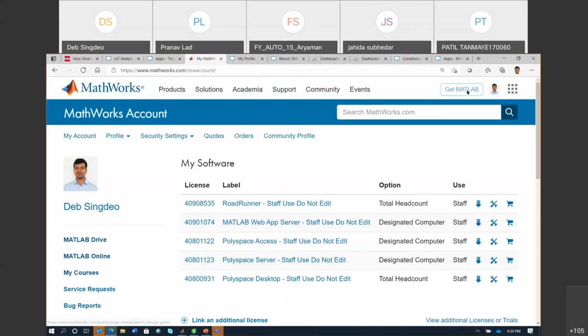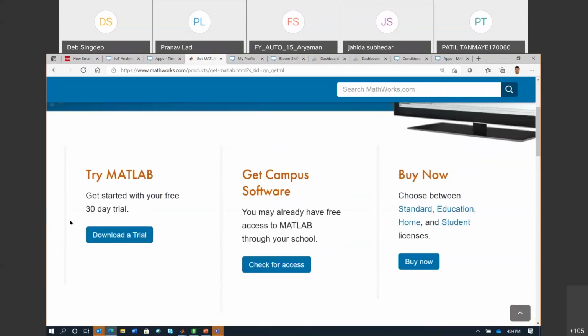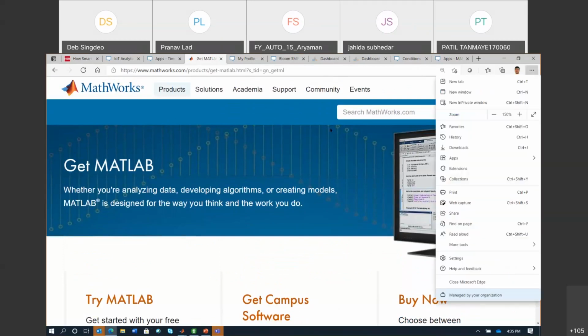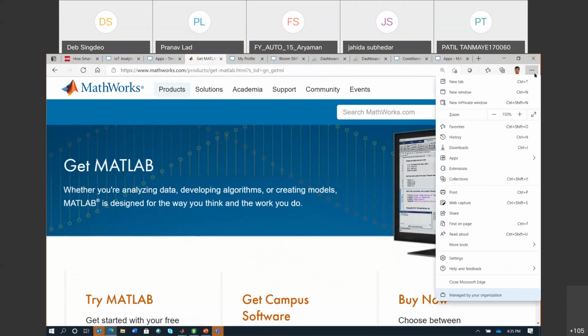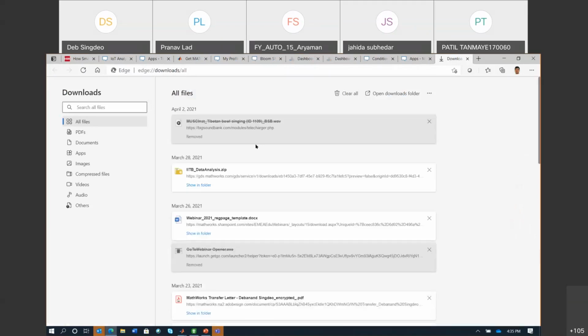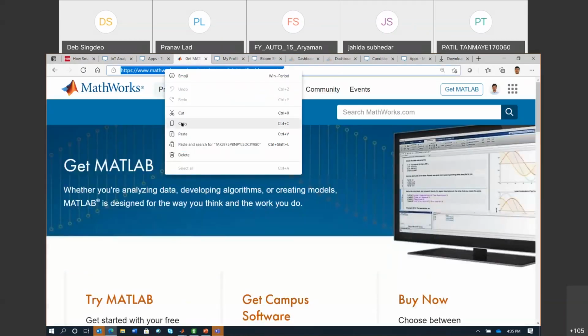So once you have the installer, it is going to download the installer at my end. Once you have the installer, one can run the installer, and then it will show you the particular steps to get MATLAB from there. So this is the button at the very top that can get you the download for the installer, right? Let me just open up the installer also. So I believe it has not yet started. Let me just try to open it from Chrome.